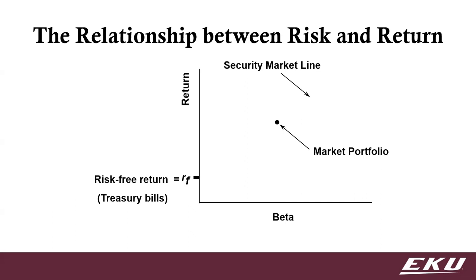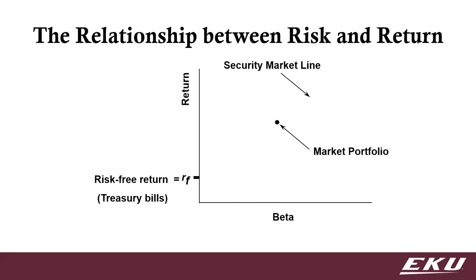And so we're going to talk about this relationship between risk and return. For this measure of risk, they're saying beta. Okay, so just think in terms of beta, where beta of 1 is equal to the market, right? Any beta that's greater than 1 is more sensitive than the market, and a beta less than 1 is